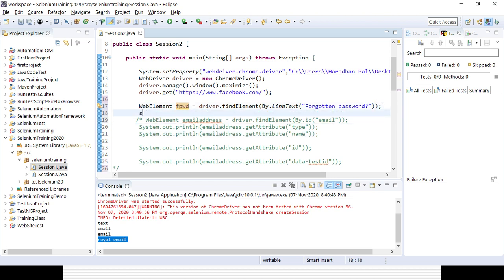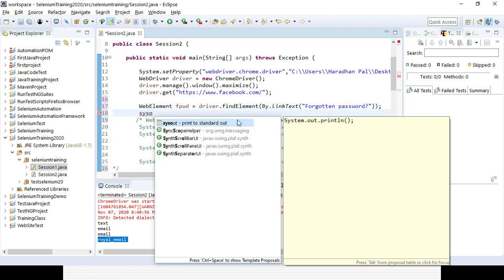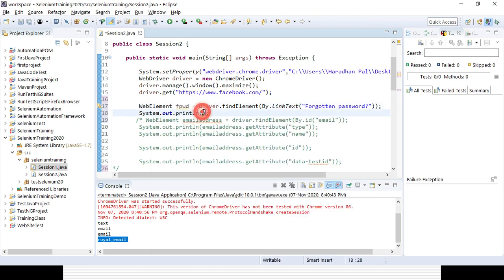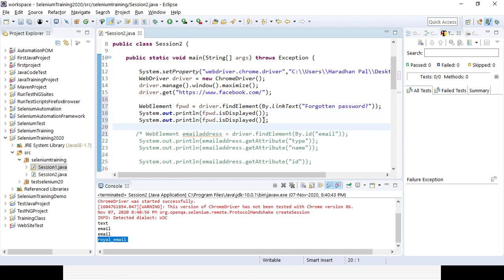Then I want to check whether the link is displayed or not. So that particular variable dot isDisplayed. Then I can also check whether it is enabled or not.